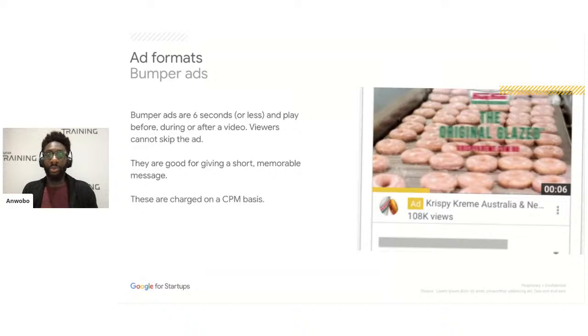They're also great when you just want to remind someone that maybe there's an event coming up, or there's a date coming up, or there's a sale that's coming up. Really good to just remind people so that you remain top of mind and you can build on information that they may already know about your brand. Of course, if you need a bit more of a description or to be a bit more informative, we have other ad formats that give you longer with the customer in order to provide them with a more detailed message there.